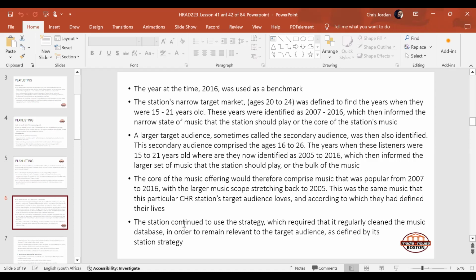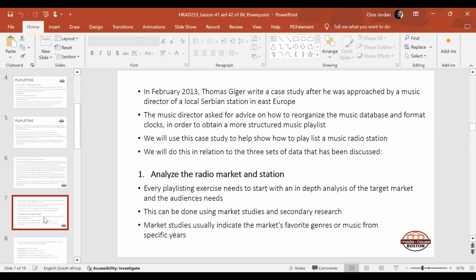Why do we keep doing this? Because newer people, between, let's say again, the target market is 20 to 24. There are new 20-year-olds that are going to turn 20 and are going to relate more with the station next year and the year after and the year after. We don't only update or shuffle our music database every year. It's a daily thing. That again emphasizes that compilers have a very busy and a very important job. Okay. So in February 2013, Thomas Geiger